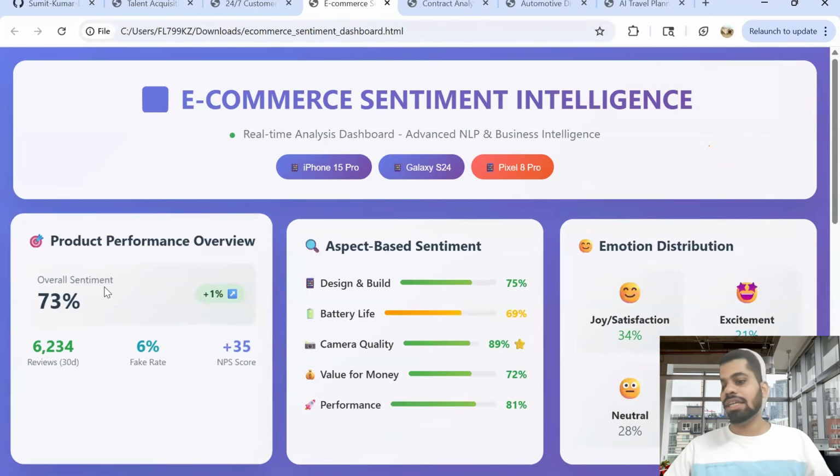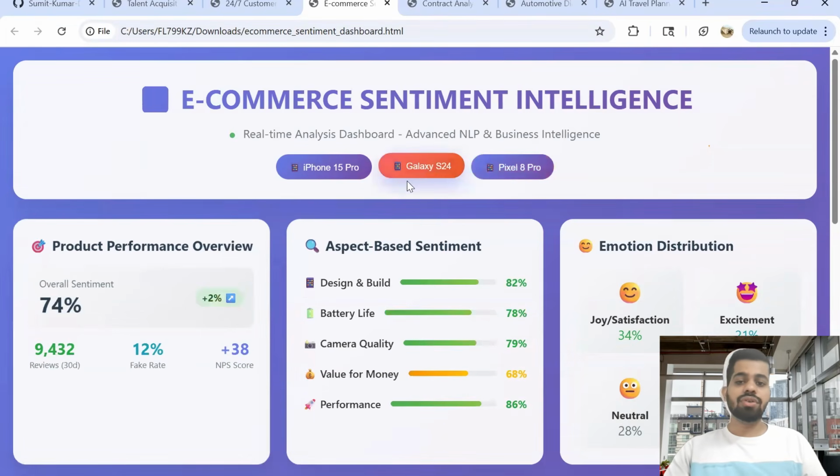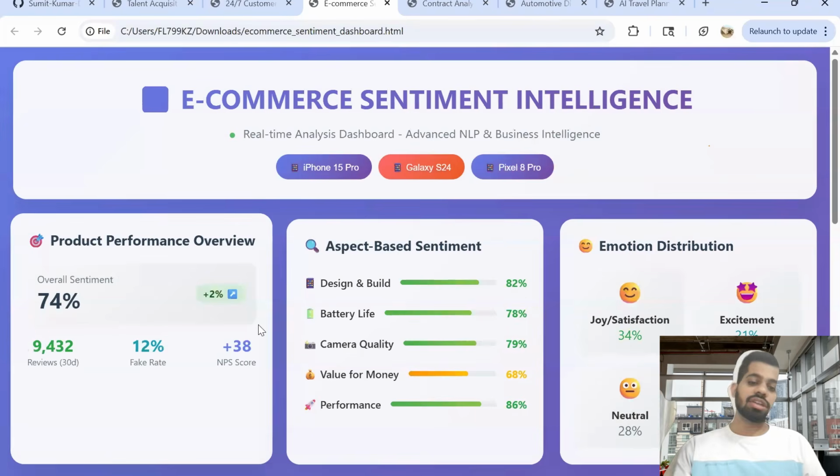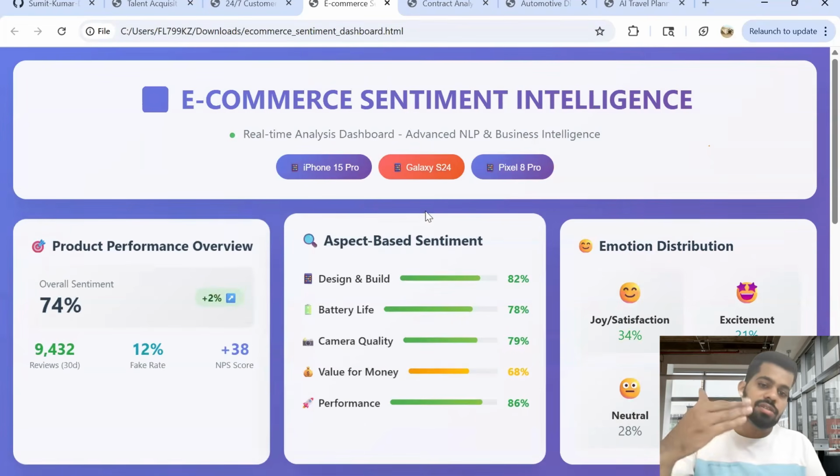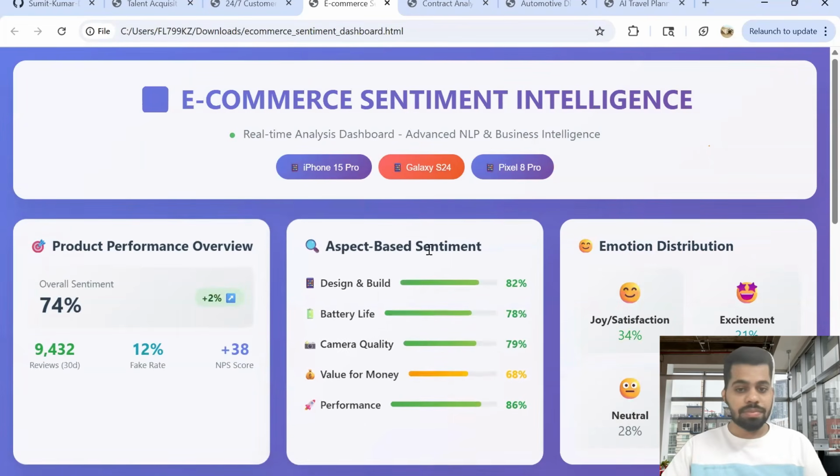For Pixel 8, suppose overall sentiment is 73%, and sentiment has increased over the last one day, or over the last one week, or may have decreased. How many reviews have you got there? What is the fake review rate there? Then if we go to Galaxy, here you can show this with respect to Samsung phones,